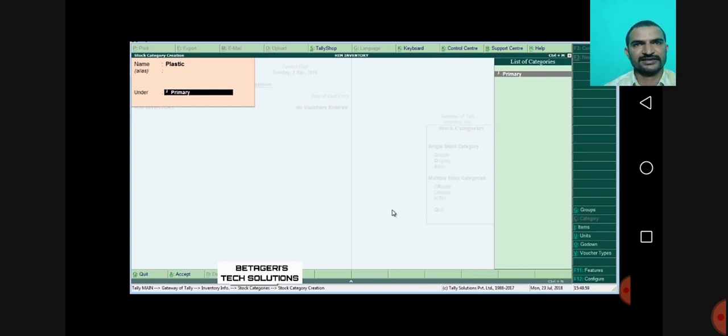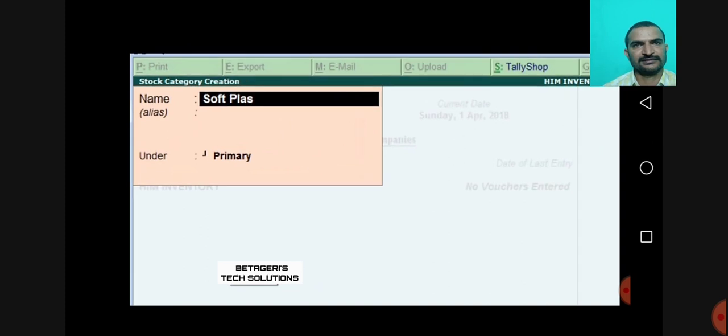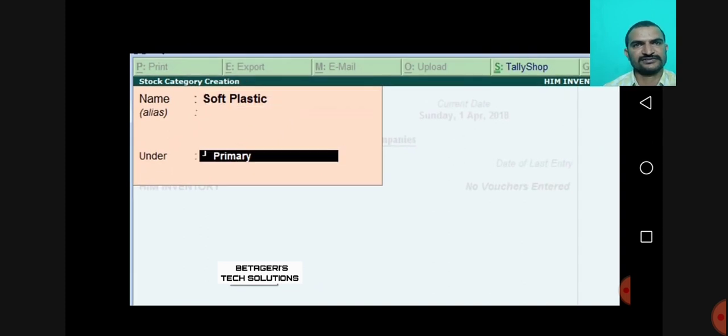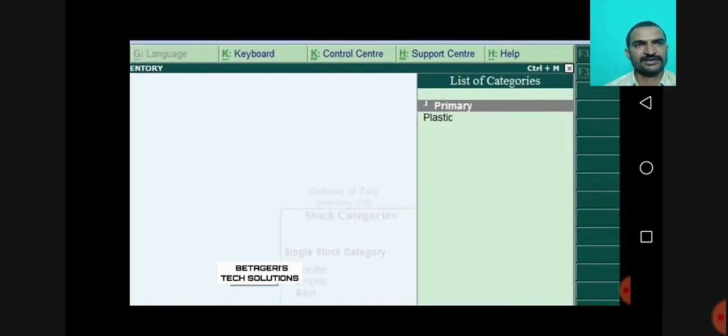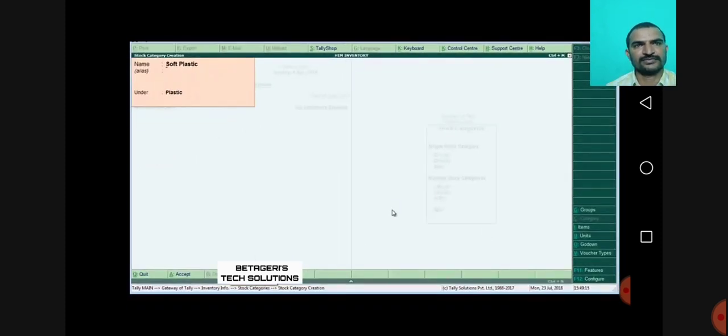If you want to create subgroups like soft plastic, hard plastic, you can create a sub stock category with the name soft plastic under the primary plastic stock category. Okay.